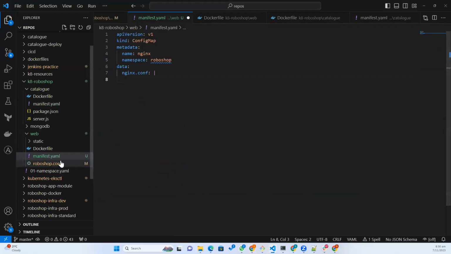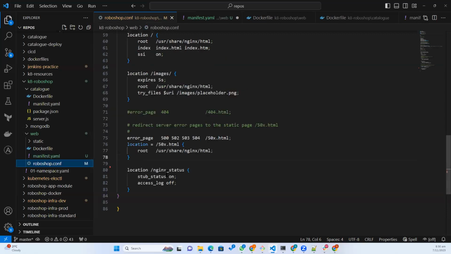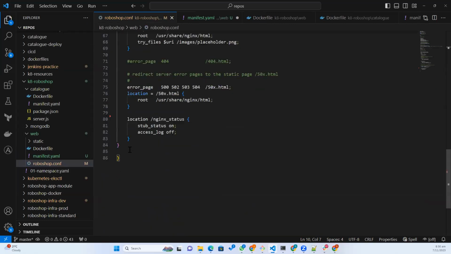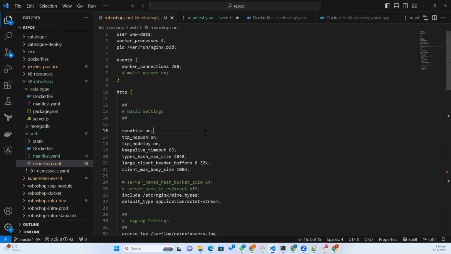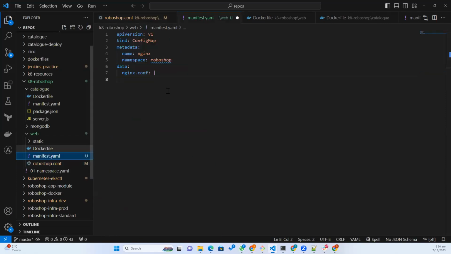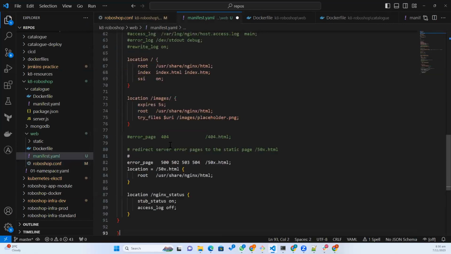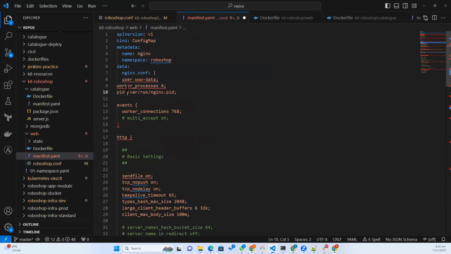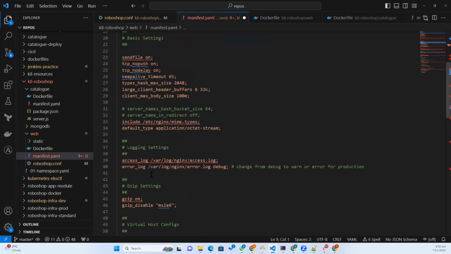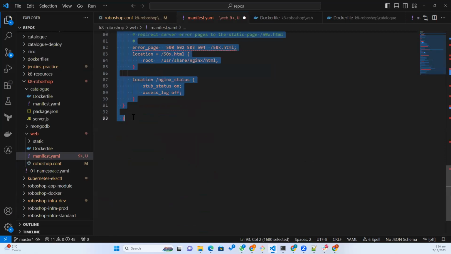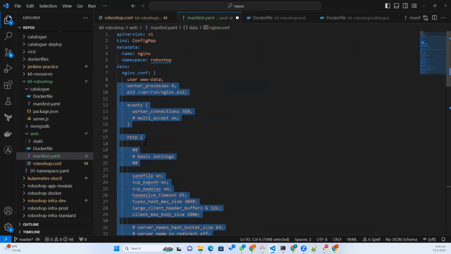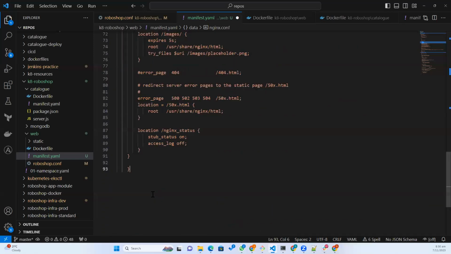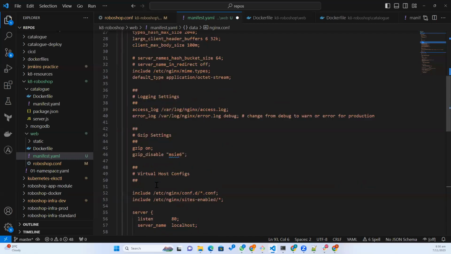So the entire configuration, I'm going to copy here. Everything is correct. Just indentation. Okay, so I copied the entire Nginx configuration here. Right. And after that,